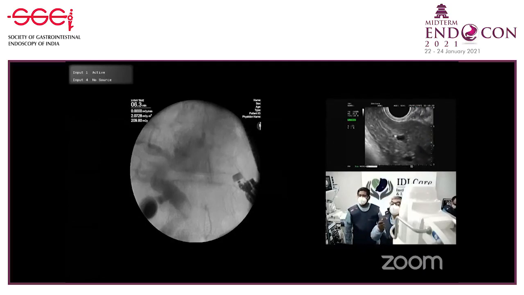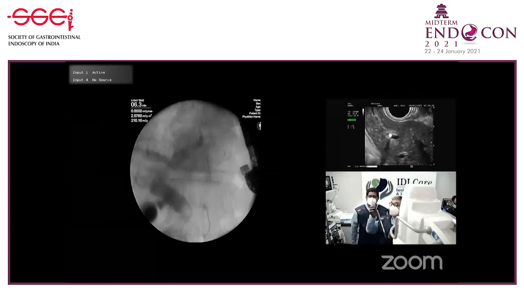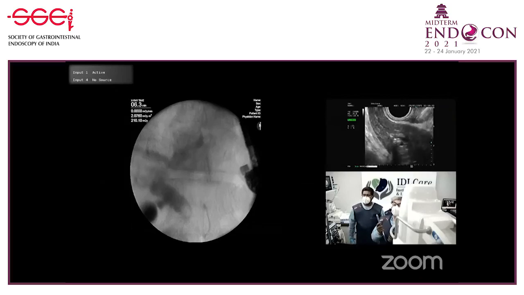Can we switch to the bigger picture, US picture? So I am showing you fluoro because I am going to puncture, and you can see the radical there in the center, ultrasound. So I am puncturing again because I think I have gone out. And this position is, see this? I have to get a better position so that it goes in. You see the stomach wall, it is floppy. See this? So sometimes,